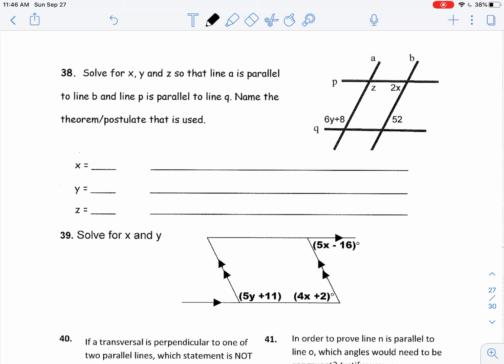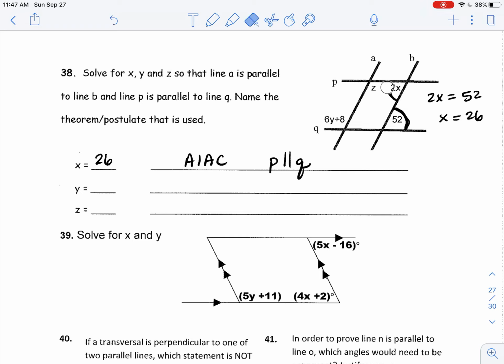Okay, so first thing we can do, if I want to show that lines P and Q are parallel, I can say that this angle, which is the alternate interior angle with 52, those are congruent. So 2x is equal to 52. Divide both sides by 2 and we get 26. So x is 26, and